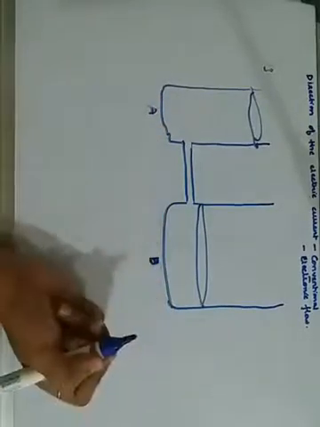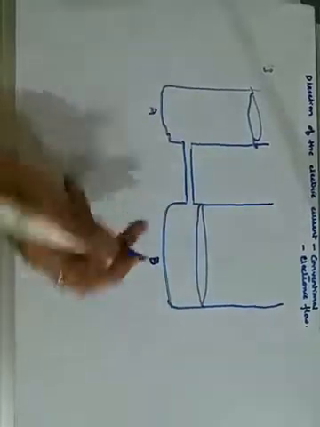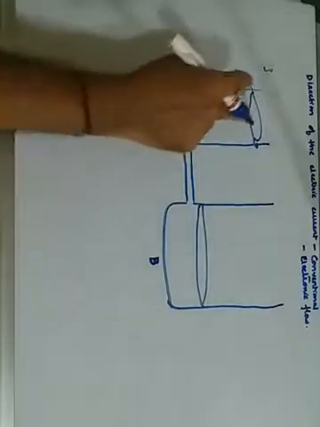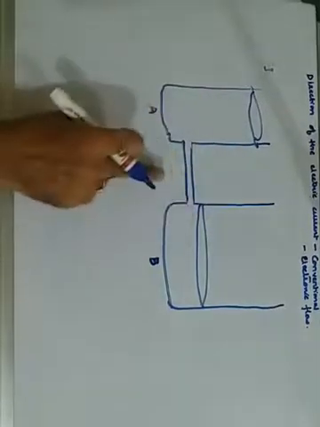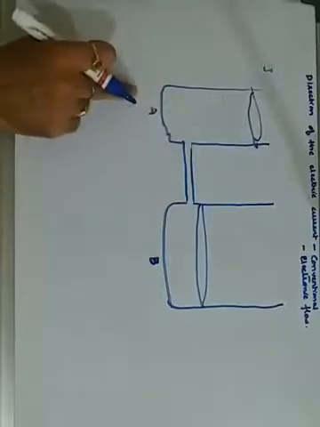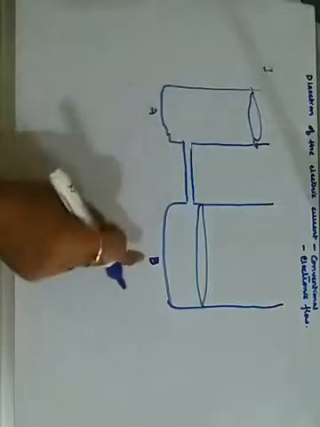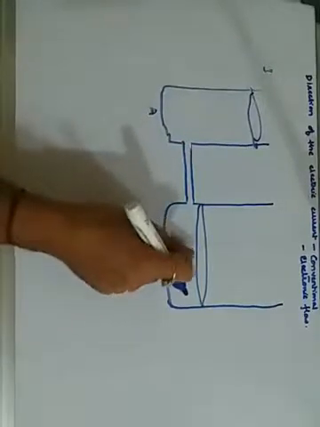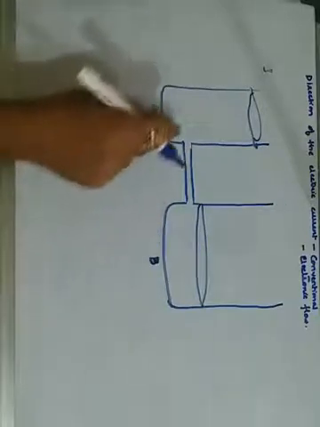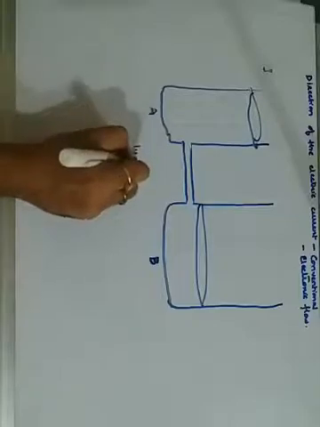कब तक move होगा? जब तक दोनों का level same नहीं हो जाता. Simple. So what I say is, if two vessels containing water up to different levels, higher level and lower level, are joined together, then the water flows from the vessel A, which is containing water up to a higher level. Then from here it will move to the vessel B, which is containing water up to a lower level. This flow of water, why it is flowing? It is because of the difference in the hydrostatic pressure.